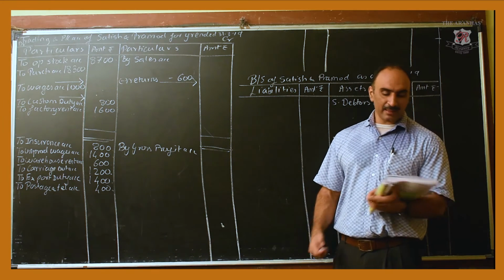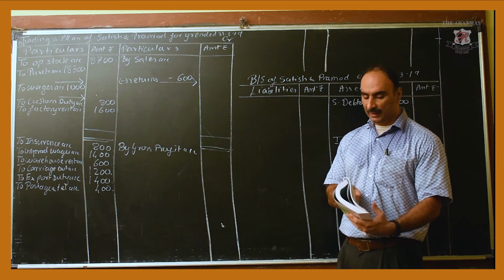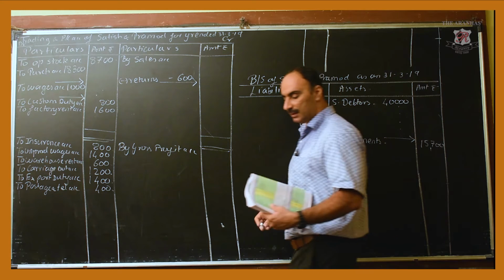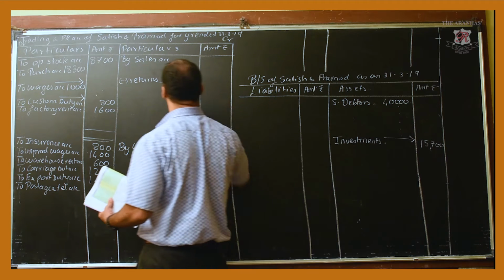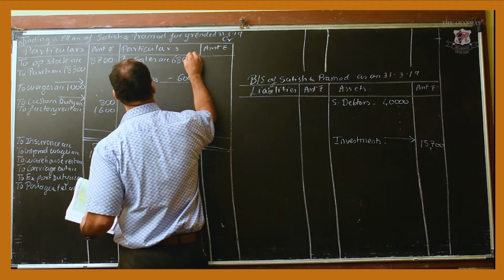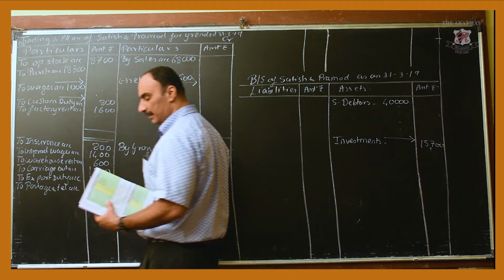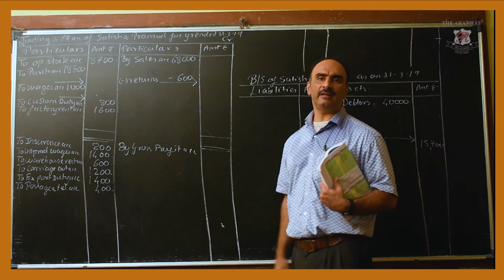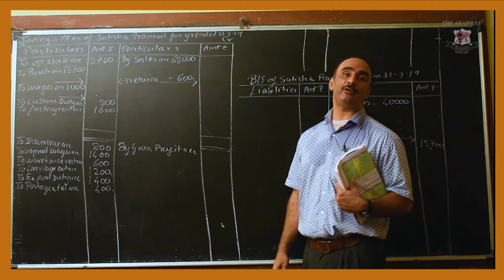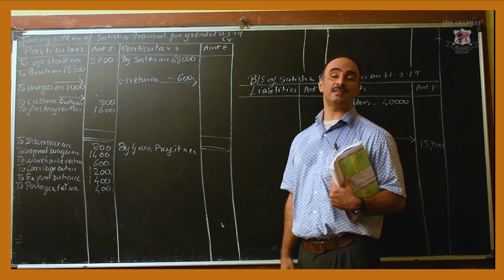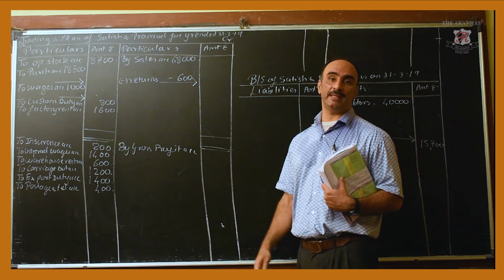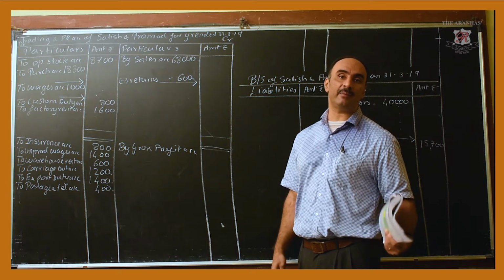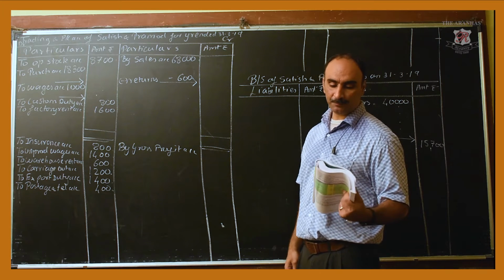Now we start with our credit items. So the first one that is there is sales. So sales I will put on the credit side here. Next to sales amount is 68,000. Normally I would have minus the returns, but in this sum I will have to wait till the end of the sum because there is an adjustment on sales. So I have to account for that before I can minus the returns.